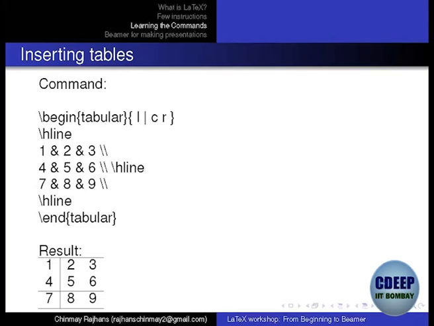So one hline is one horizontal line it will draw. I write 7, 8, 9, close this and again write hline, which adds one more line at the end. And if you want more than one horizontal line, you just put this two times: backslash hline, space, backslash hline. So you will get a double line border. Just try this. And this is outside math mode, in normal text mode. You don't need any package, it should work directly.